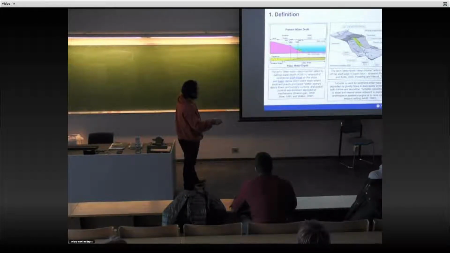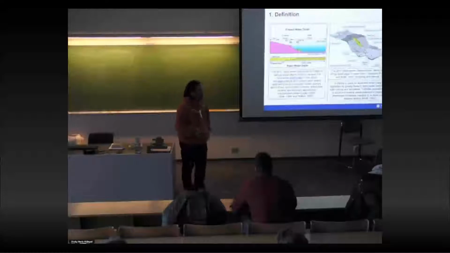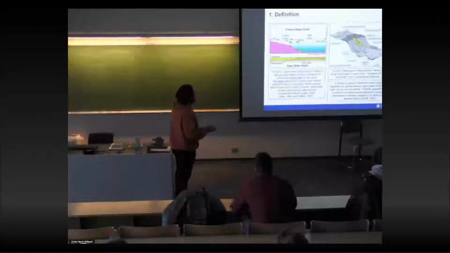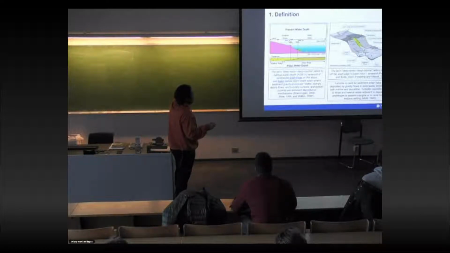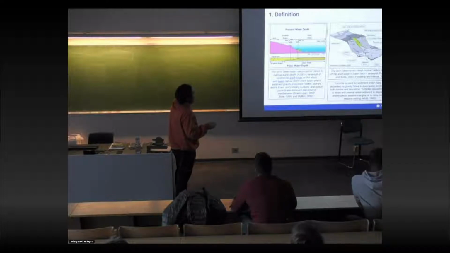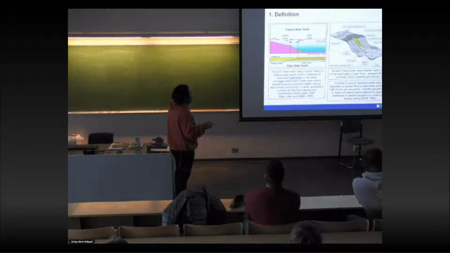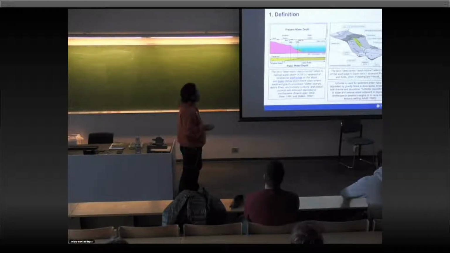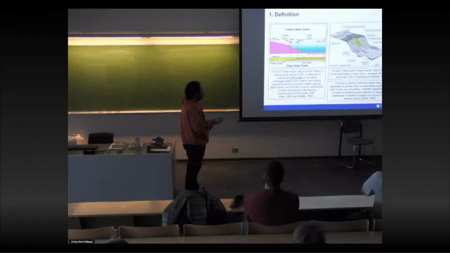And this is Sumner, Stow, and Walker. This author defined the deep water terminology, especially for the marine environment. So you see, this is land, and this is the edge of the shelf, and this is below 200 meters. So from this point basinward, they call it deep water or deep marine.